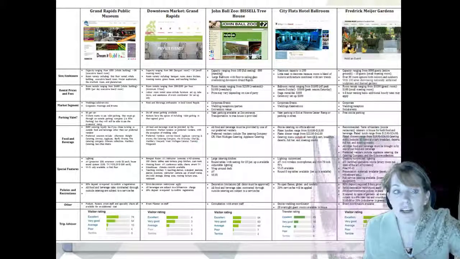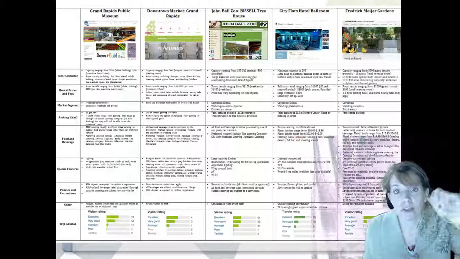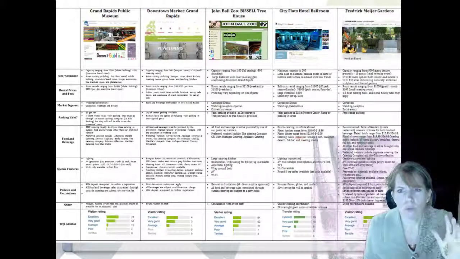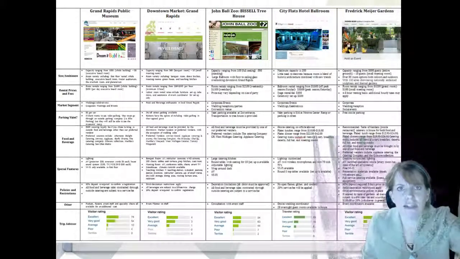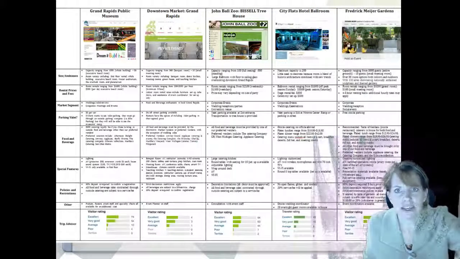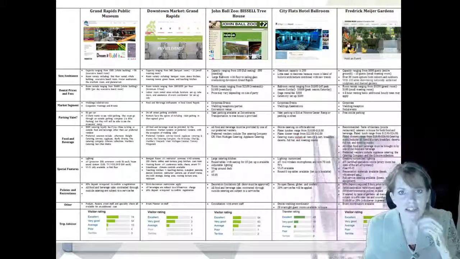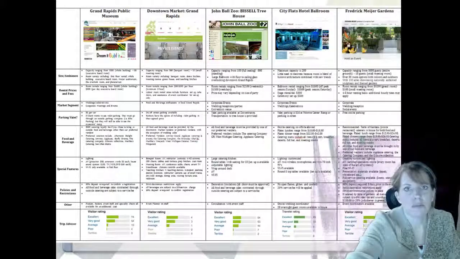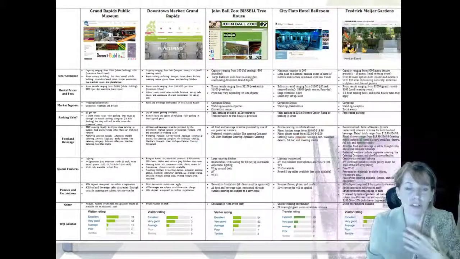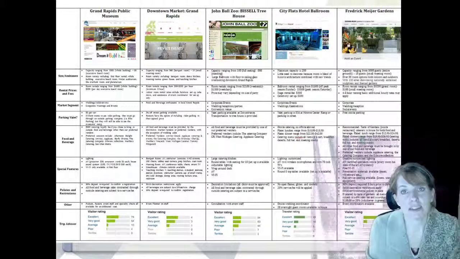The left-hand column was, what was their size? What did they charge? What segments did they serve? Did they have parking and valet? What kind of food and beverage did they have? What kind of special features? What kind of policies and restrictions? And what did TripAdvisor say? You need to decide the left-hand columns, and you need to decide who your competition is. So in your case, this would be a 2-column presentation. If you were the Public Museum, you might just look at the Downtown Market